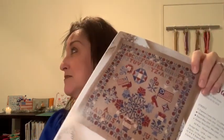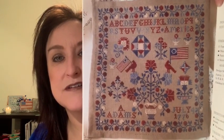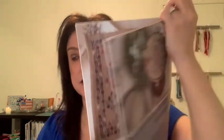I have done some things. In fact, I have a finished one back here, the American flag. But anyway, look at that beauty. Isn't that something else? Yeah, that's gorgeous. So I decided to start it. It is on 32 count